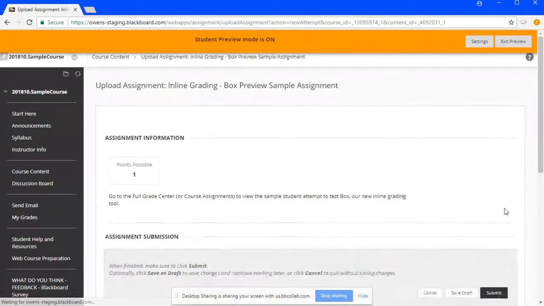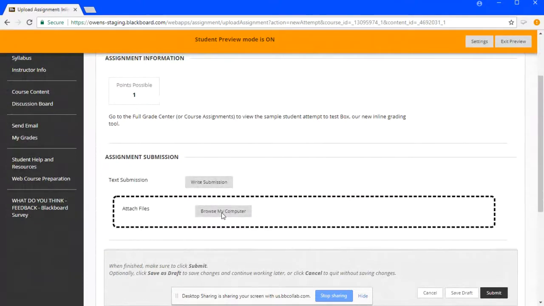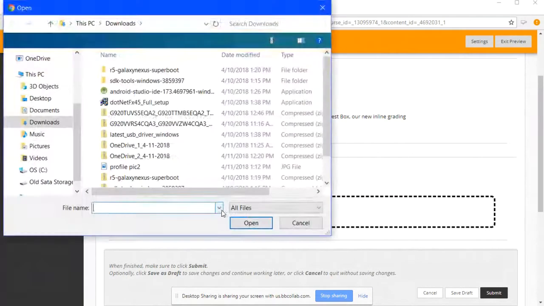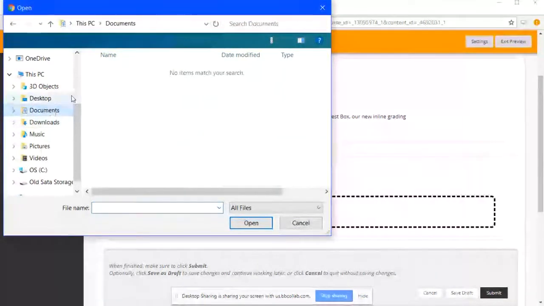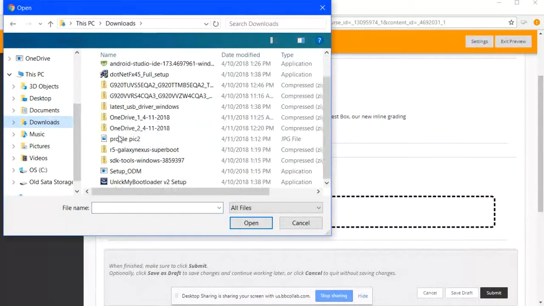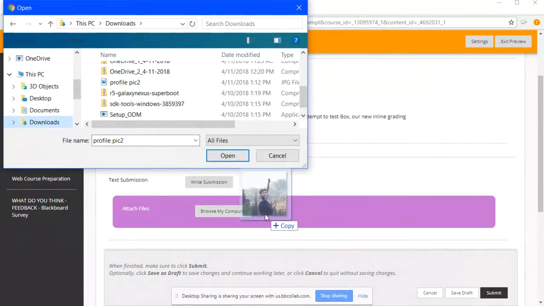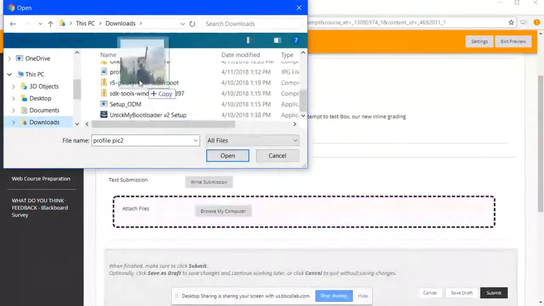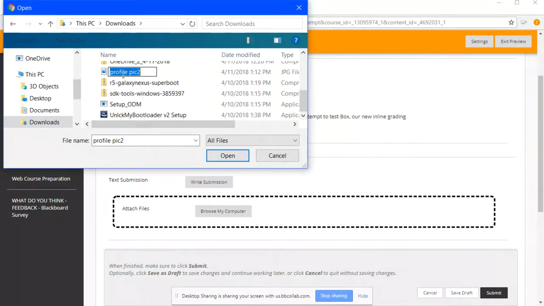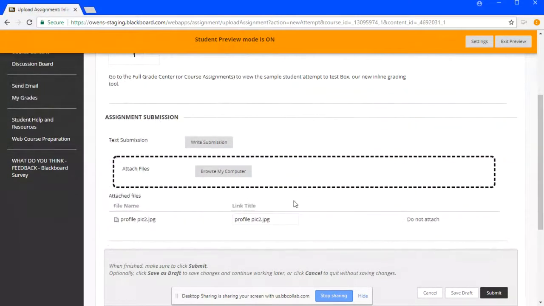And I will submit a new assignment, which I've created. Here, if I chose, I could use the Browse My Computer, which I have a ton of stuff in here. Actually, this is a new computer for me, so bear with me. I could take any one of these and I could drag and drop, or I could highlight by clicking on the file. Oh, this browser doesn't want to do it. And clicking open. So my apologies, my computer is not exactly up to its normal speed. Yeah, it's a little slick.